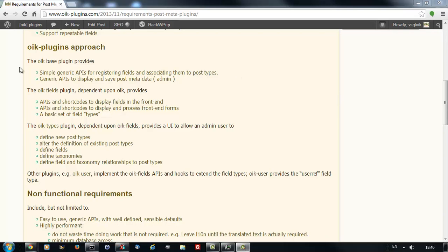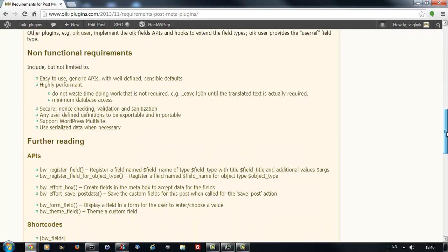If you go back to the requirements post, you can see how I've implemented this solution using the OIC Base plugin, which provides the basic APIs, the Fields plugin, which defines the routines to display the forms and the themes for the 10 standard field types, and the other plugins that I've used to extend it to provide, for example, user ref, rating and